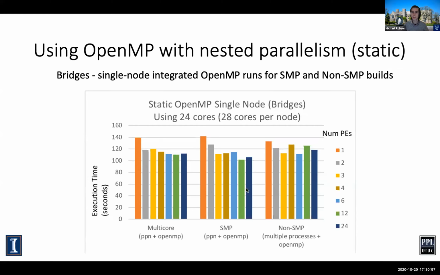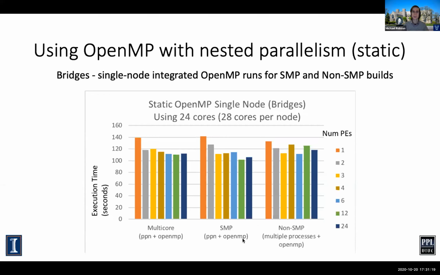Which is basically what I expect. And in fact, on the high end, when we're running with just a single scheduler and 24 threads, we see decreased performance, showing that over-decomposition, somewhere in the middle, is the best approach, right? So then taking this approach further, where we're using a single process in SMP mode,